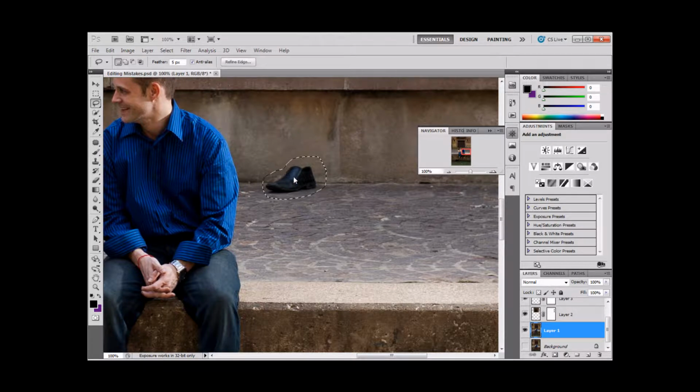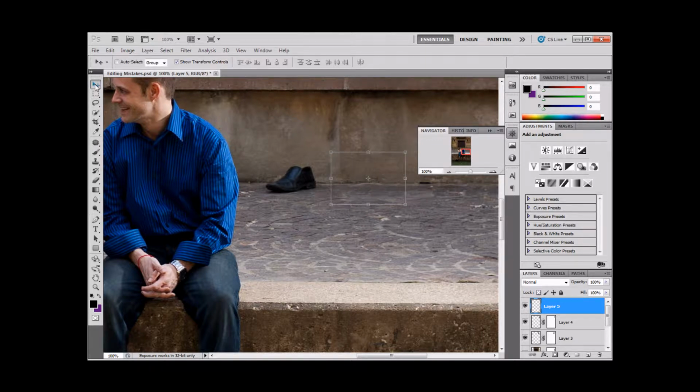And again, we've got 5 pixels. We're going to move over to the right, and we're going to find a fairly uniform area. We'll copy that, and I'll add a layer up here and paste it. And I'll go right back over to the left using my arrow keys so that I don't get a lot of up and down distortion, because that line where the concrete wall meets the bricks, we don't want that to show up. Okay, so that actually looks pretty good, pretty smooth. So we'll move on